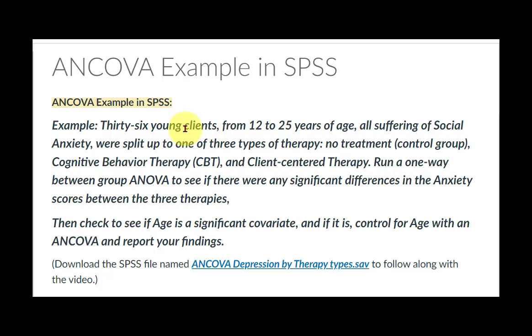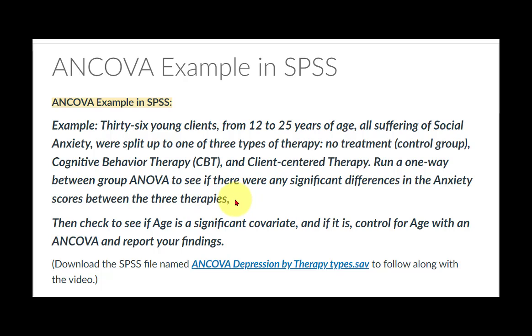They all have social anxiety disorder. So we split them up into 3 different groups, depending on the therapy they're getting. One was the control group. They didn't get anything. One got CBT, and the other one got client-centered therapy. And then afterwards, we ran a one-way between group ANOVA to see if there's any significant differences between the 3